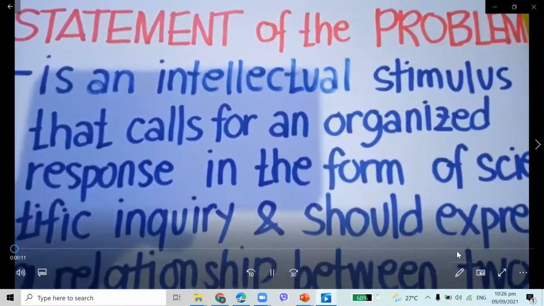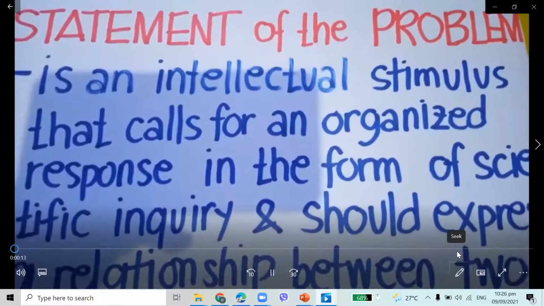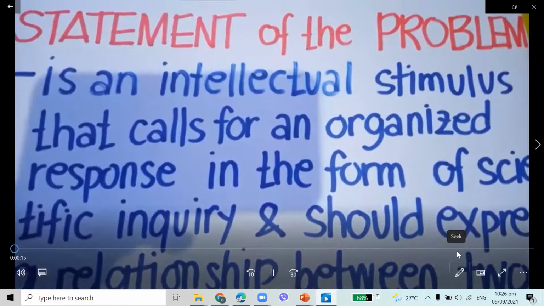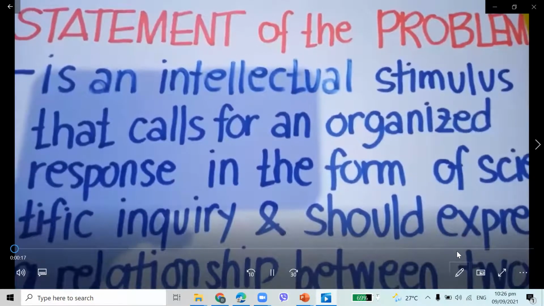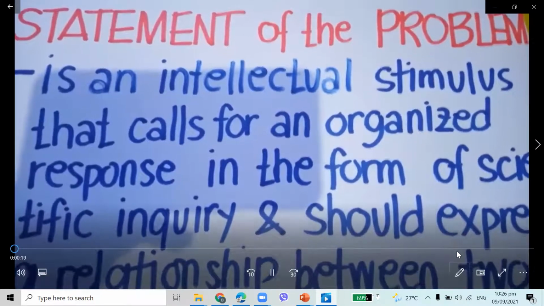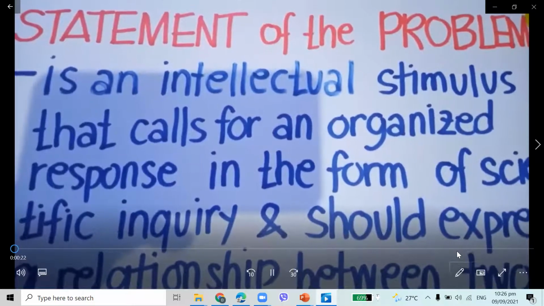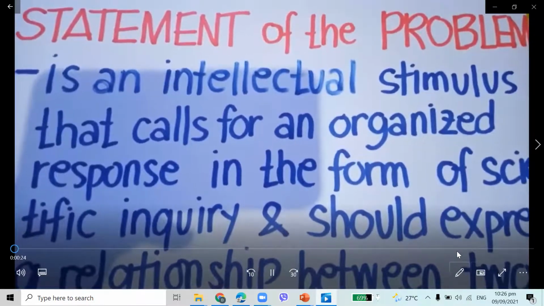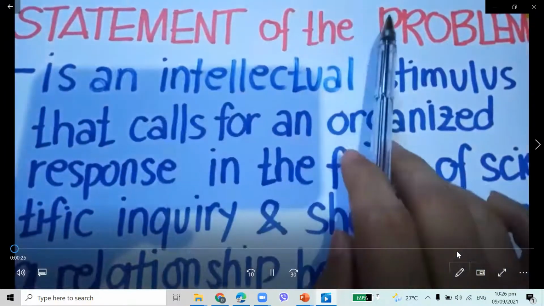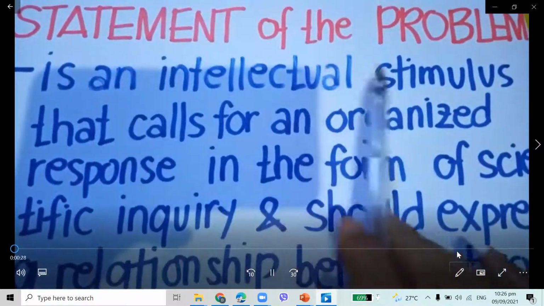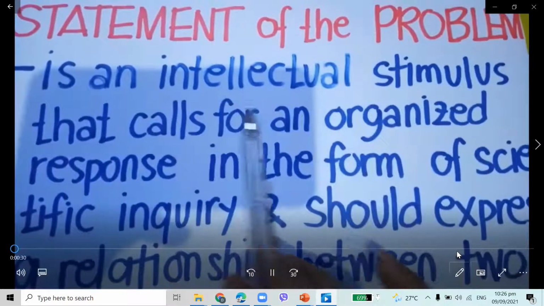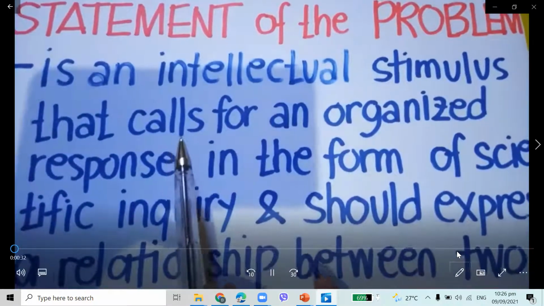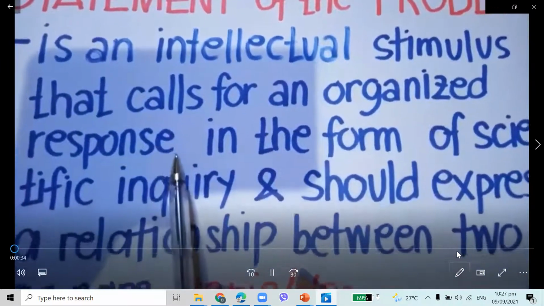And today, we will discuss how to create a statement of the problem. But before doing that, let's discuss first the basics of statement of the problem. So what is meant by statement of the problem then? A statement of the problem is an intellectual stimulus that calls for an organized response in the form of scientific inquiry